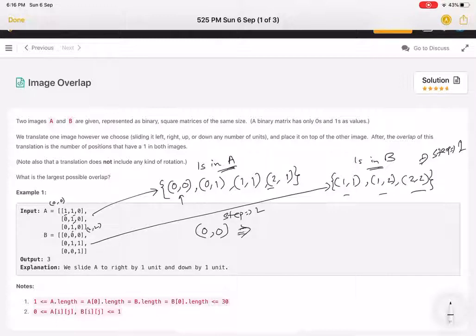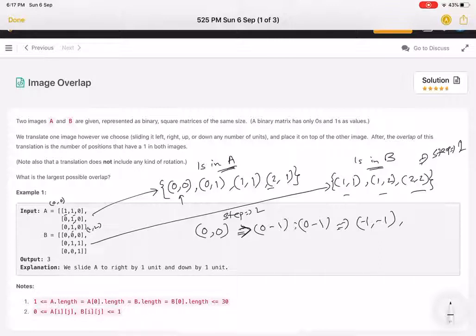If I say compare, what I mean is that we will take the difference of the row from A and the row from B. So 0 minus 1, and then we take the column from A and the column from B, so 0 minus 1. So finally what we get is minus 1 comma minus 1. If we keep doing it, let's see what we get.